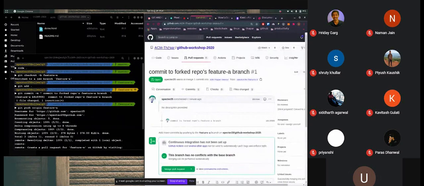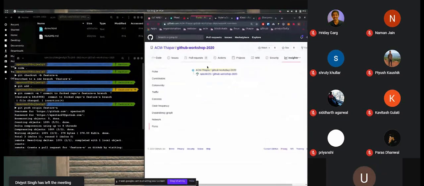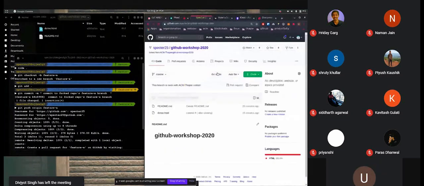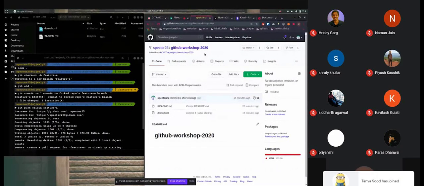Okay, so let me go through the entire workflow again. I was surfing the internet. I found this repository which I felt was good and I could contribute to it. So I forked the repository and created a clone of that repository on my GitHub account, right?